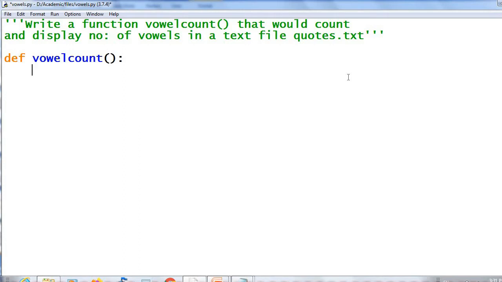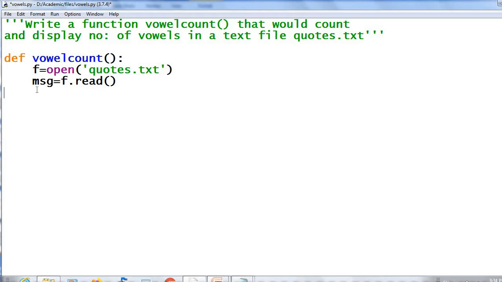So first of all we have to open the file. F equal to open, name of the file chords.txt, file mode is read mode, so no need to specify. Then what is the next step? Reading the file content. MSG variable name equal to f dot read. What is the use of the read function? Read function will read the entire content of the file and the return value is in the form of a string that is stored in variable MSG. Now the variable MSG contains the entire content of the file in the form of a string.